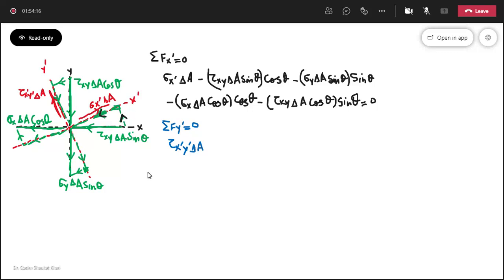Next we take tau xy. Like last time, we are moving clockwise. Tau xy delta A sin theta. This is its component, acting upwards and positive. So plus